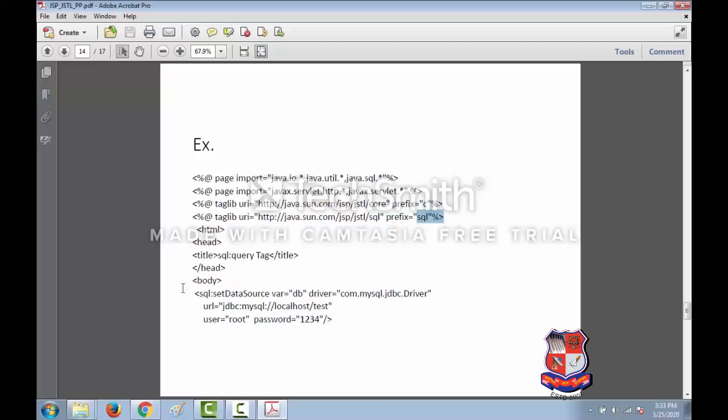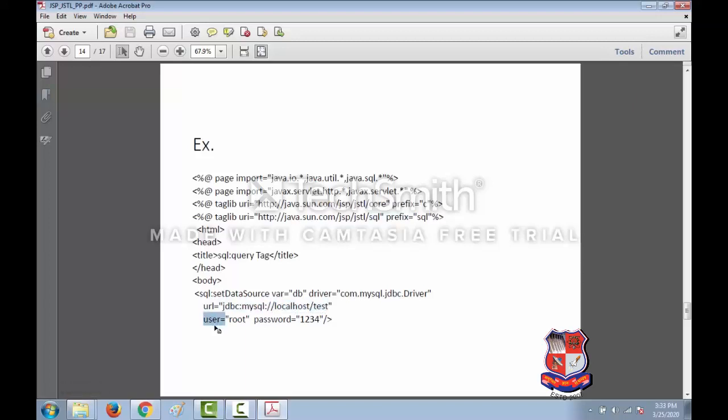Okay, so here we have sql:setDataSource, where we are going to provide the name of the driver, that is com.mysql.jdbc.Driver, then the URL from where we want to take the data, that is jdbc:mysql://localhost/test.